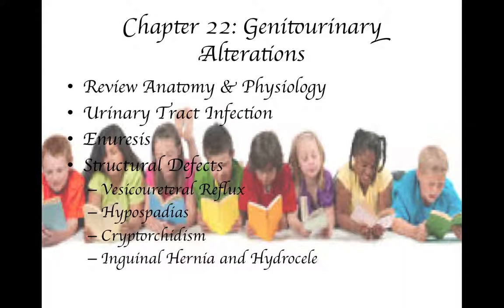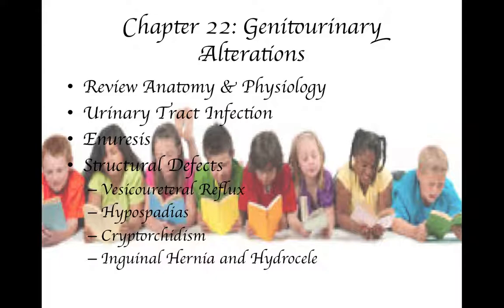Okay, now we'll look at vesicoureteral reflux, also known as VUR. This is defined as the backflow of urine from the bladder up the ureter to the kidney. VUR results when the ureterovesical or vesicoureteral junction fails to maintain a unidirectional flow of urine from the ureter to the